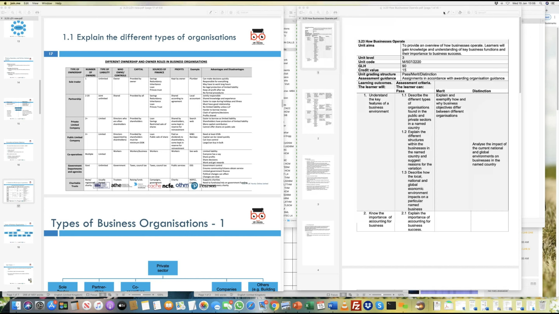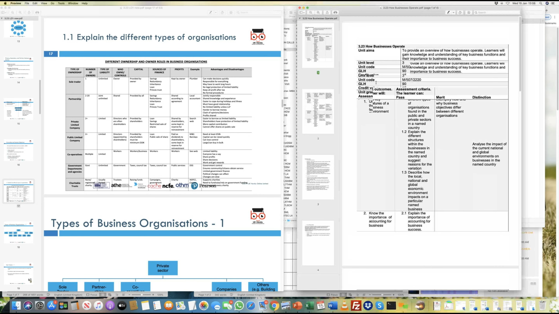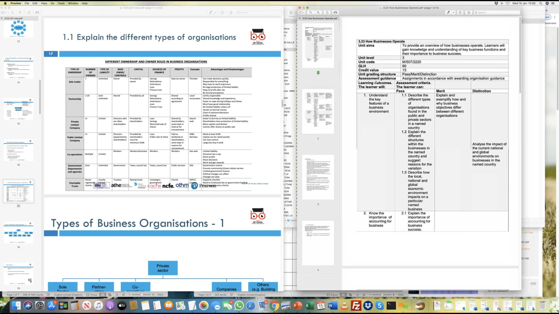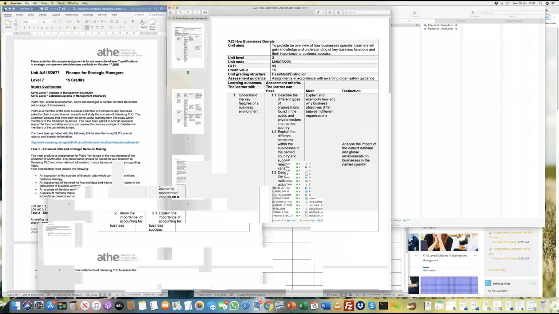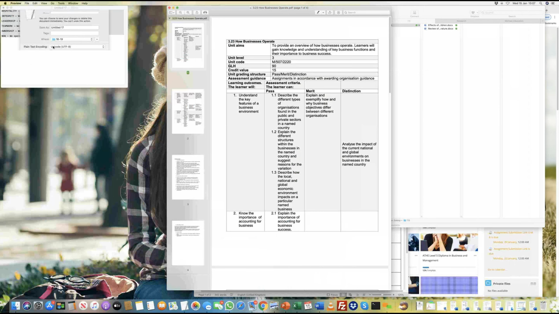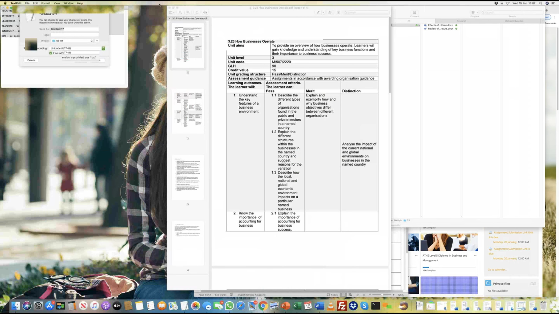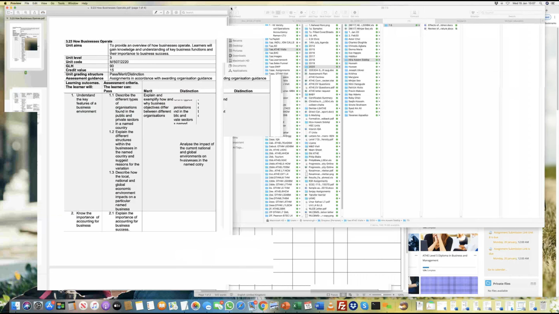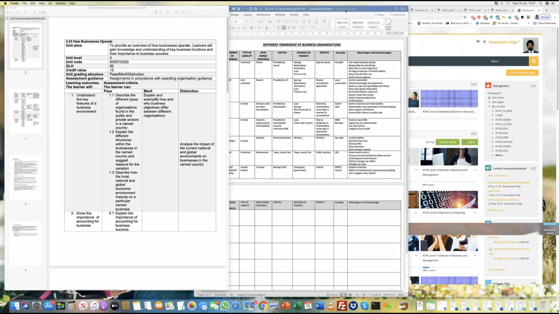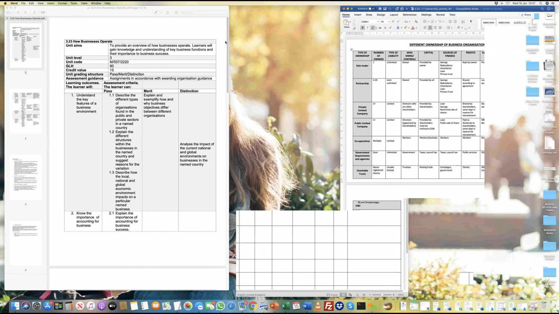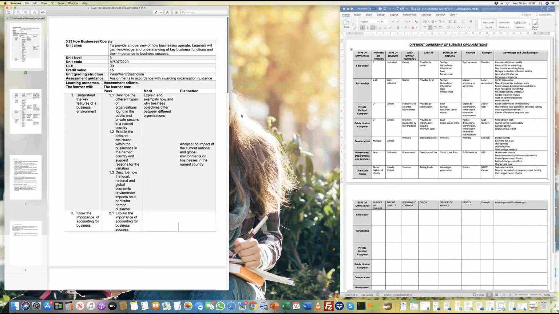Okay, so let's start with the first unit. What we're going to do today is look at covering and starting off the first unit, which is how businesses operate. I've got a couple of things open on my screen, which I'm going to quickly minimize so that we have a bit of clarity. Right. Yeah, 100%. So here we go. This is the first unit in your course that we are looking at covering, and